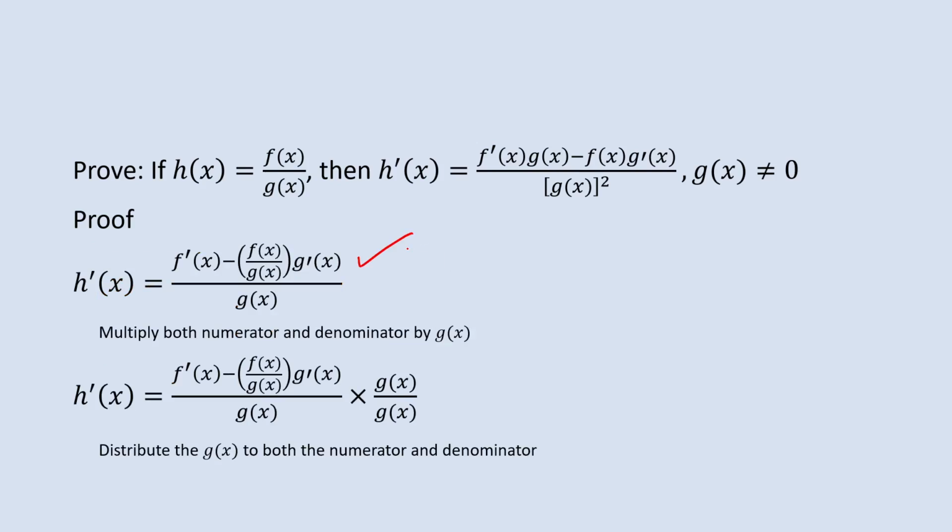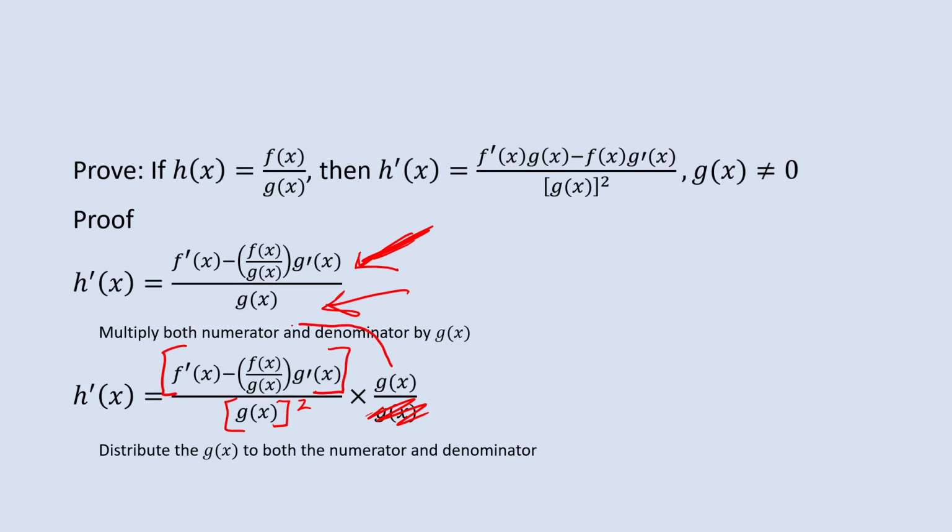Okay? Now, we've got essentially a fraction with a numerator and a denominator. Let's multiply both of those by g of x. If we do that, the denominator becomes g of x quantity squared. Fairly straightforwardly, g of x times g of x would be g of x quantity squared. Now, g of x times this